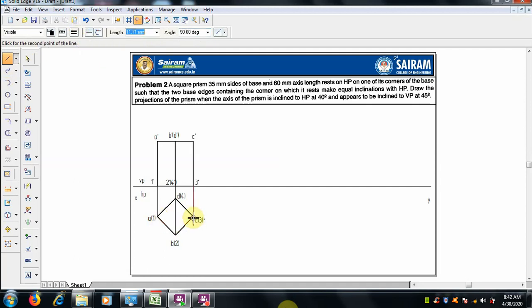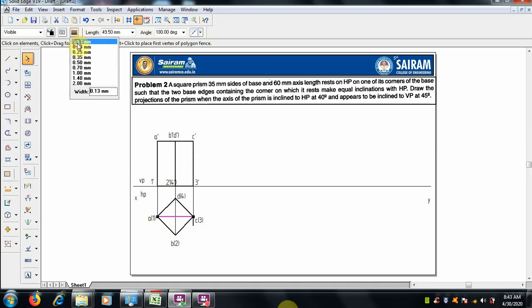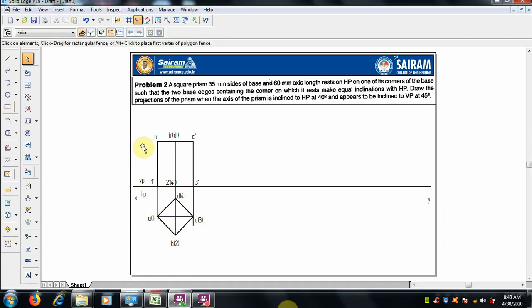Center point: since the question says the axis of the prism is inclined to HP at 40 degrees and appears to be inclined at 45 degrees, we have to draw the center axis. But while joining, please ensure it is 0.13 mm thickness in the top view, otherwise it will look like a pyramid.